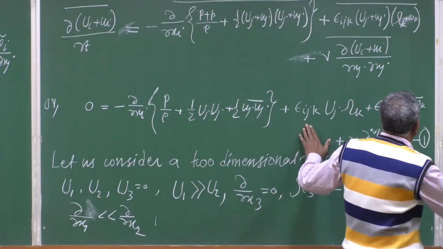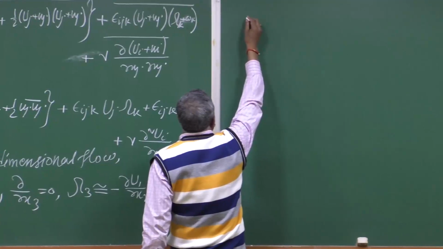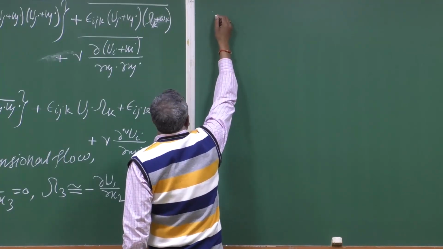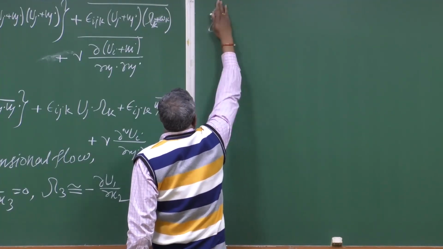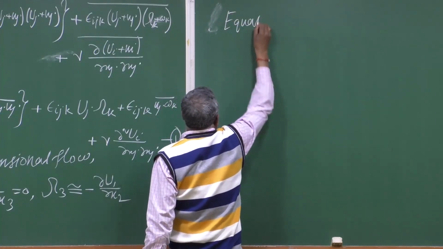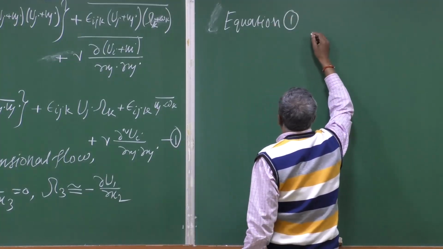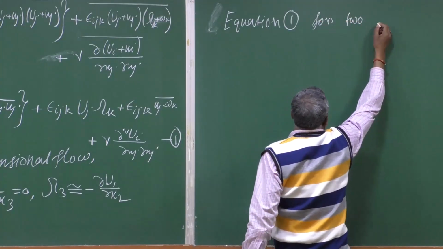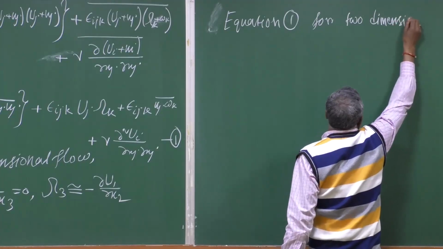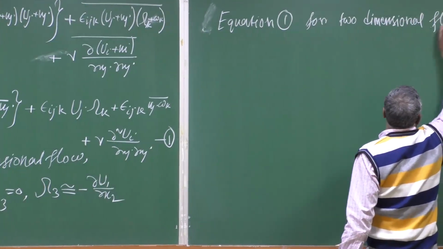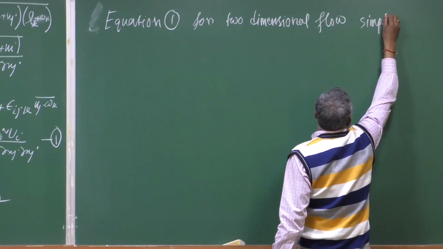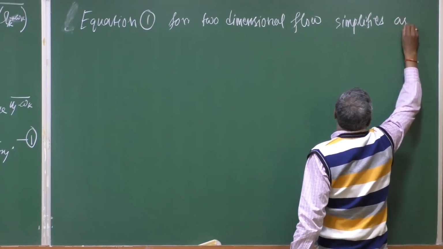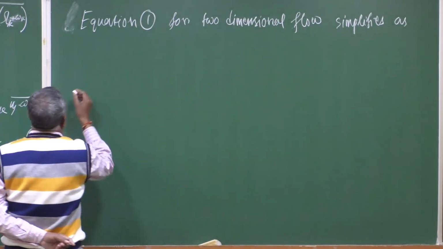So, for this particular case, for two dimensional flow, then this particular equation can be written as 0